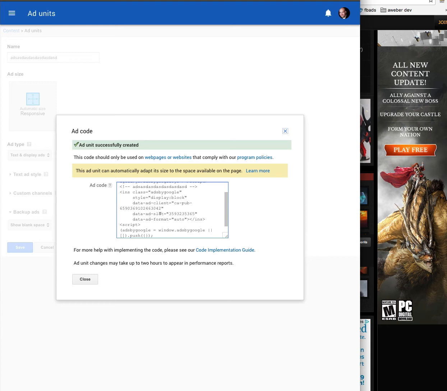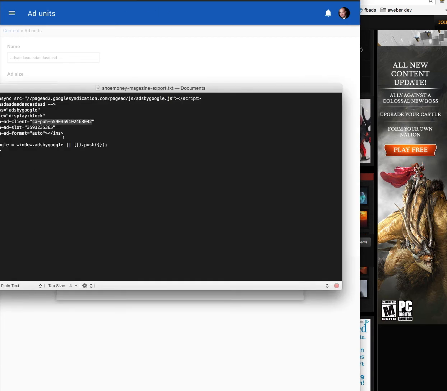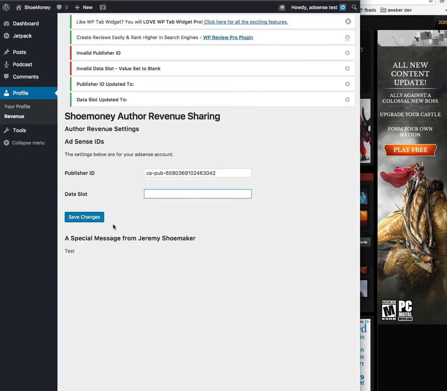And then your data ad slot right here, again, in between the quotes. That's also why we just put it in a text file, because of AdSense for copy and pasting. Again, make sure it's between the quotes, and then go here, and then your data slot. Again, make sure there's no spaces on the sides.